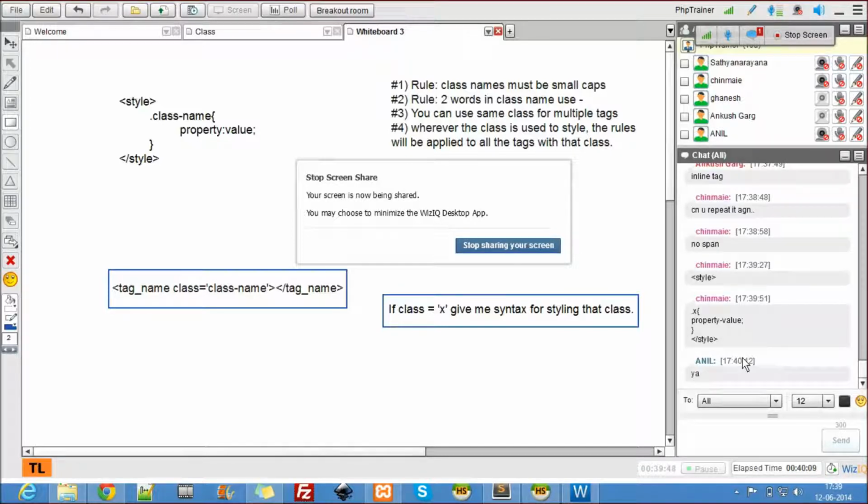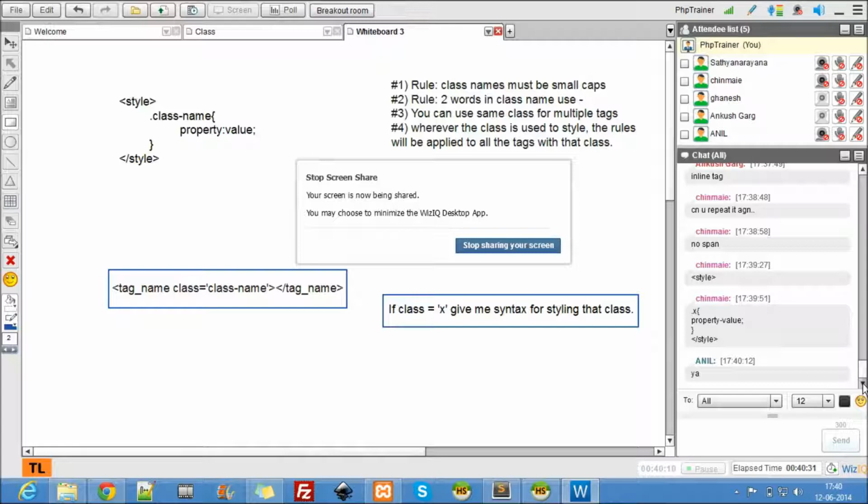So Chinmay, you made a mistake there. If class equal to x, give me the syntax to do it. Okay, so I'll be telling it. Maybe this may help you guys. Yes, anybody else with an answer?